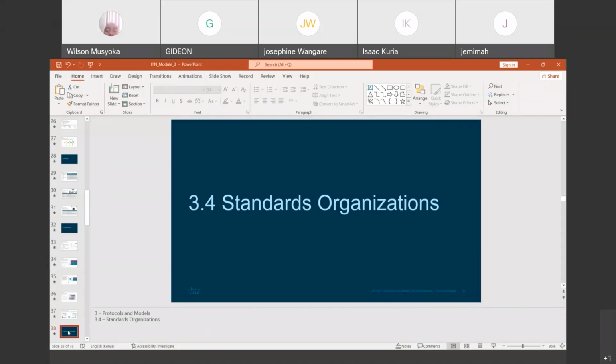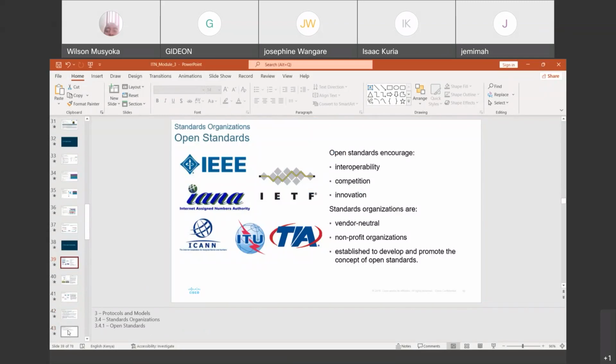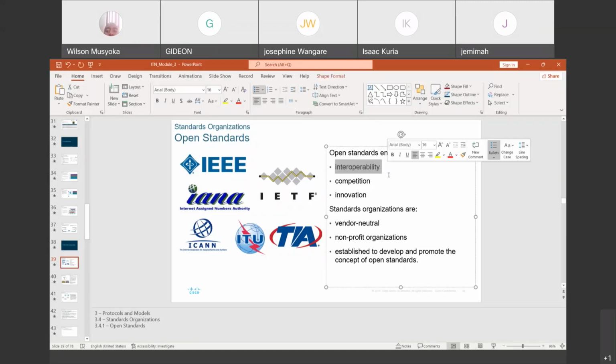Then the standards and the organizations, we have different of them. The reason why we have the standards is to encourage interoperability, meaning that any manufacturer of these networking components, be it the network interface card for the computer, the switch, the access point, or the router, all of those are going to be manufactured by different manufacturers. But the goal is to ensure that there is interoperability. The devices can operate with one another. It also encourages competition so that the best one can be used.